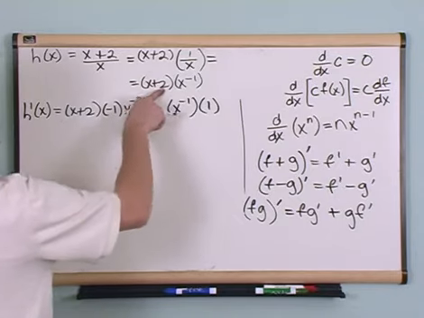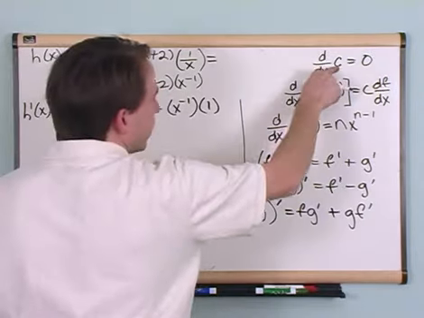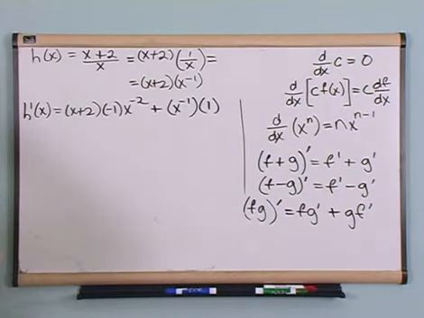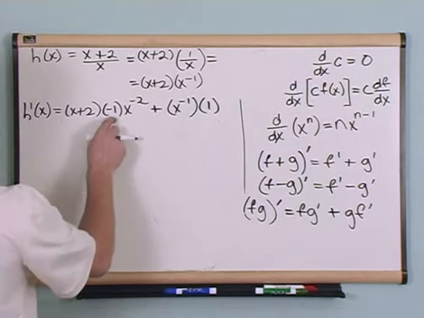Now the derivative of 2, this is just a constant. Derivative of a constant is 0. So here is basically the answer. I just have to simplify it. So let's go ahead and do that. Let's simplify it. What I have here